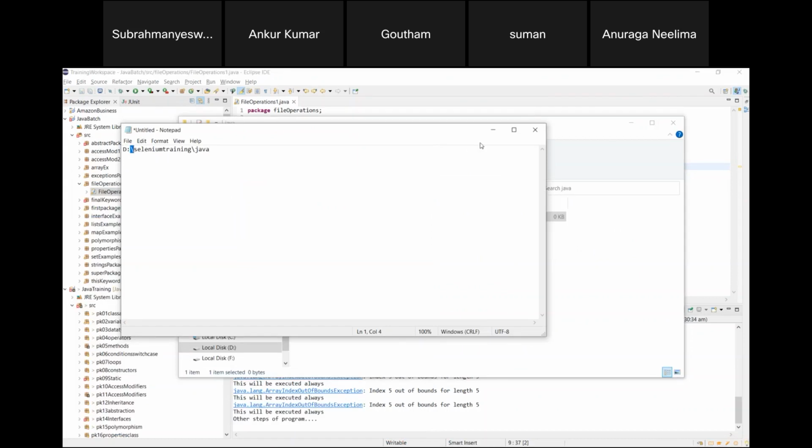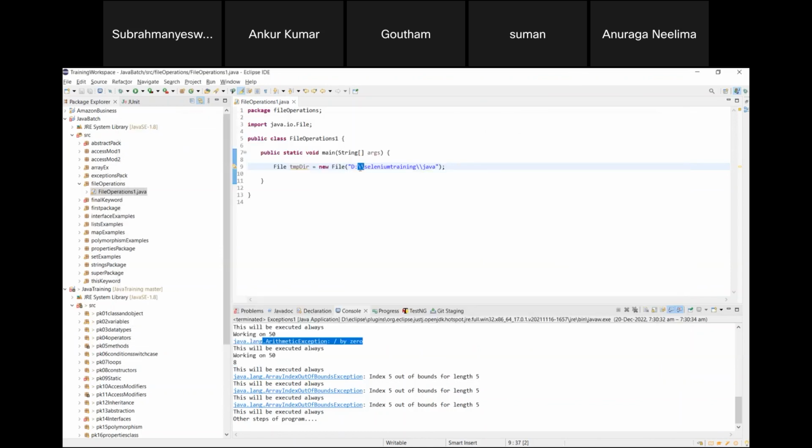But when you are working with file operations in Java, you need to give a double backslash. So when you paste it, it will automatically convert this one to a double backslash. But if you are manually entering the path, make sure that you give a double backslash, because